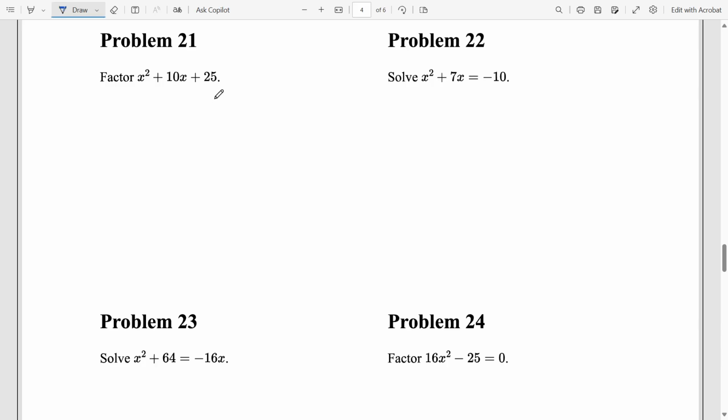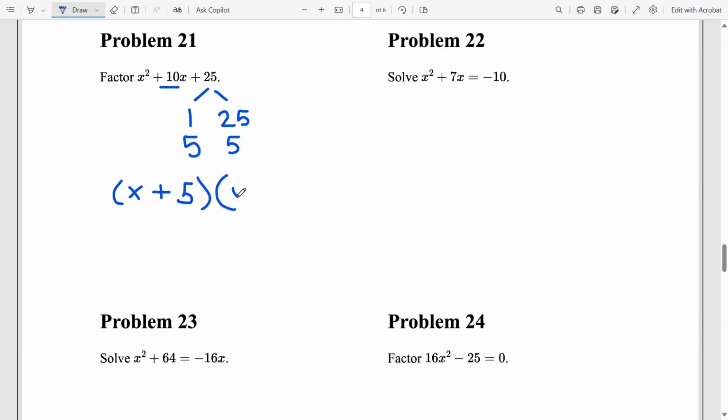Now there's a couple different ways you could do this. You could list all the factors of 25. We have a positive and a positive here, so I'd stick with positive factors. So I could do 1 times 25 or 5 times 5. 5 times 5 is 25 and adds to 10. So you could write this as x plus 5